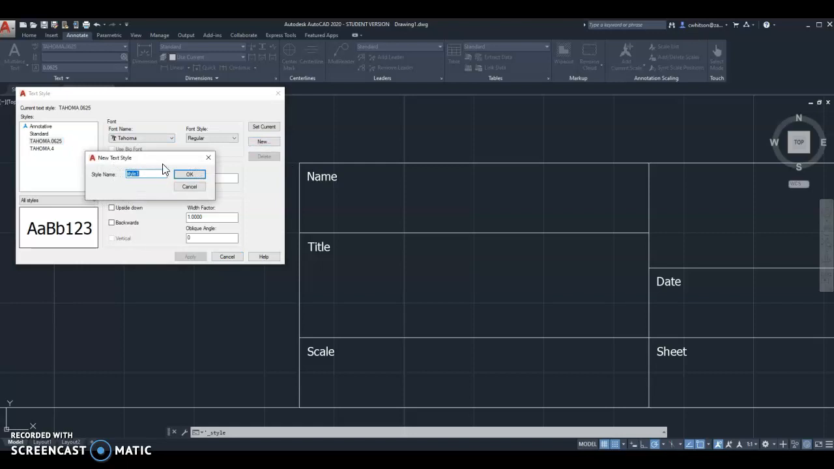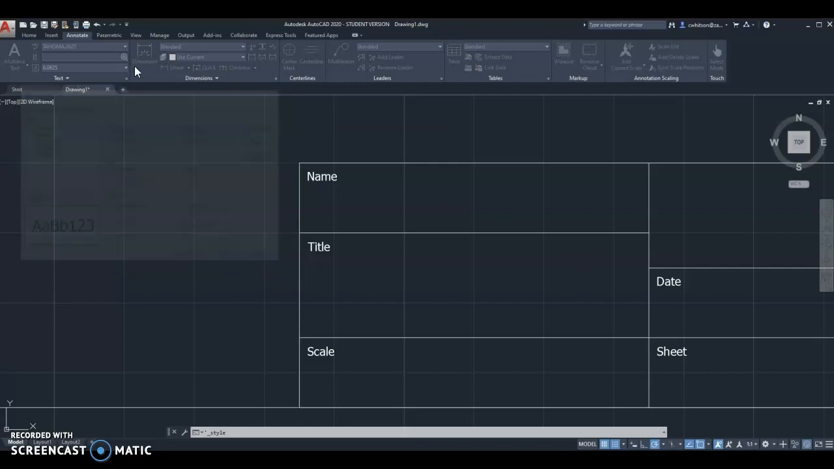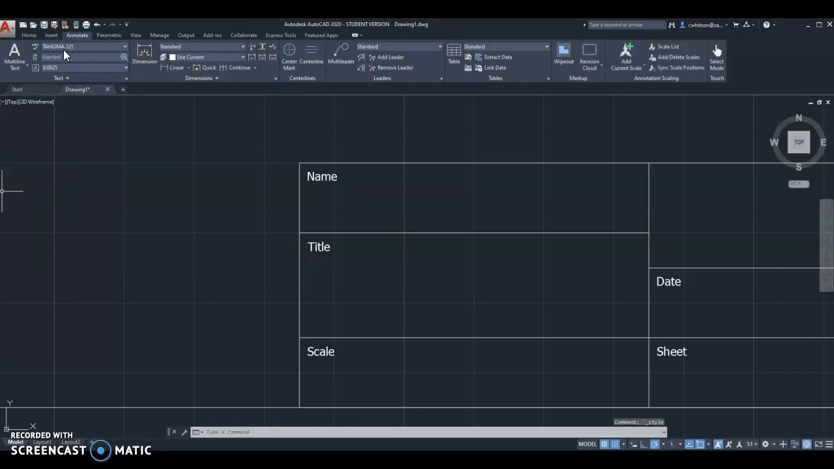Create the new style, call this one Tahoma 0.125. Or you could call it Tahoma medium, or whatever you want to. That's not really the important thing. The important thing is that we set the height in advance to what we want it to be. Apply and close. Make sure that's the current active